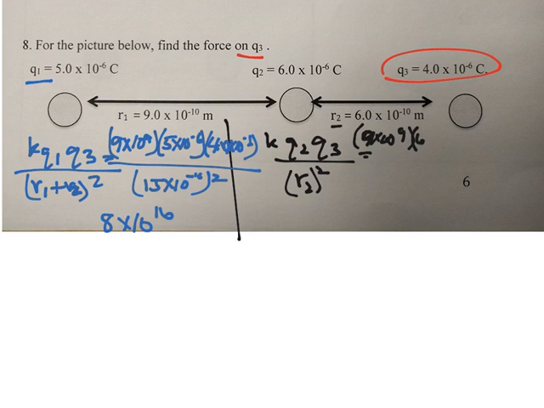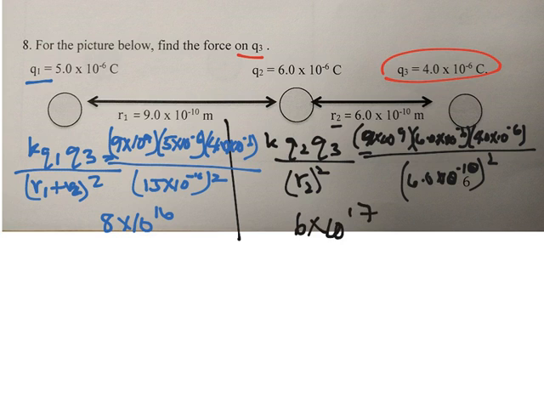Times their Q2, which is 6.0 times 10 to the negative 6 times 4.0 times 10 to the negative 6 over, this is just one distance because it's only that far away, 6.0 times 10 to the negative 10th squared. Plug that into your calculator, and you get 6 times 10 to the 17th,